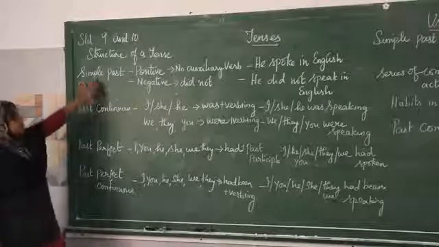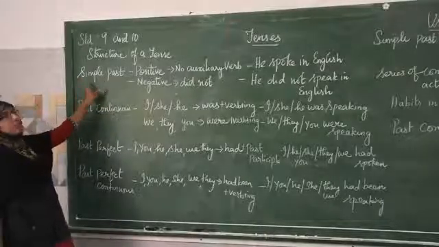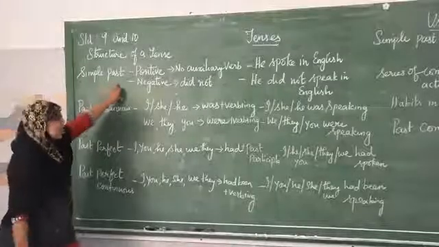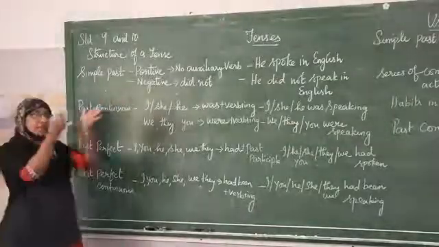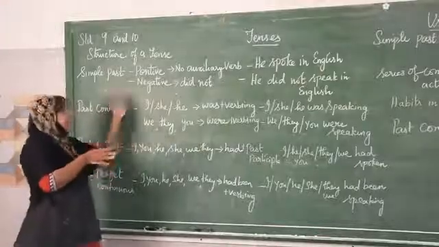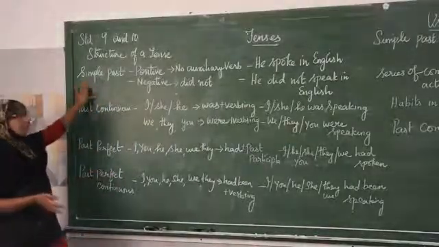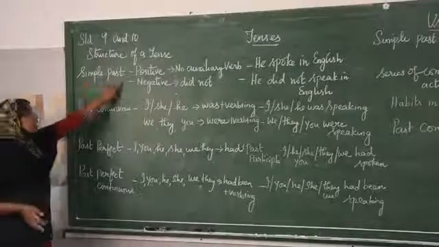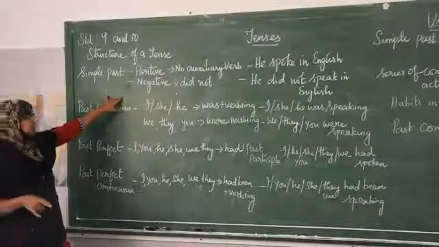Simple past refers to an action which has been completed in the past with a specific point of time. Time will be mentioned. Okay. Sometimes if a series of actions are taking place in the past, the time will not be mentioned there. Now how to form this simple past? Positive and negative sentence, that is affirmative and negative sentence.